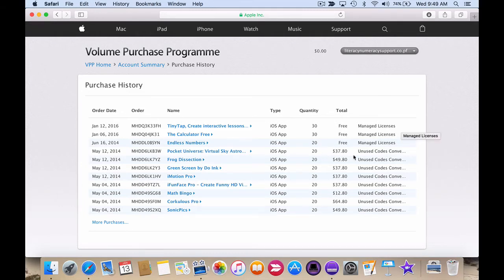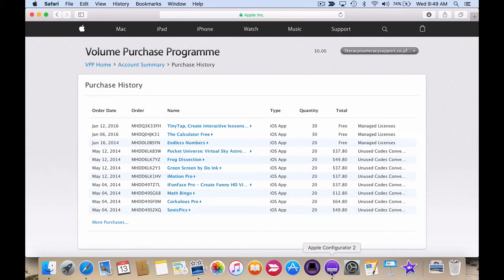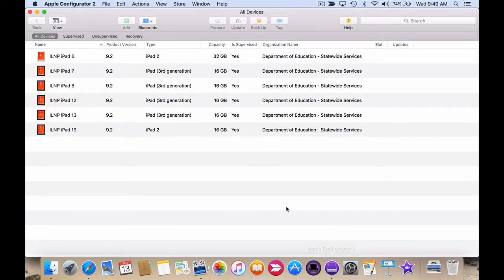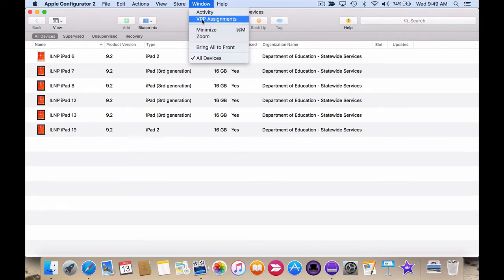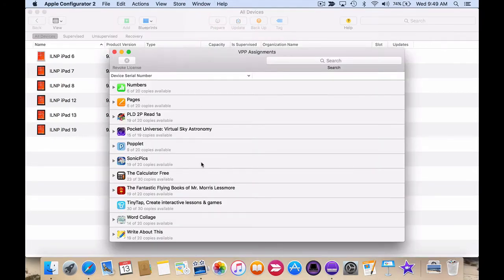I'm simply going to go into Apple Configurator 2. I'm going to click on Window and VPP Assignments. And after a few moments I should see that the app I've just purchased is now available within Apple Configurator 2. Now if the app is not appearing there, leave it for about 5 minutes, and if it's still not appearing